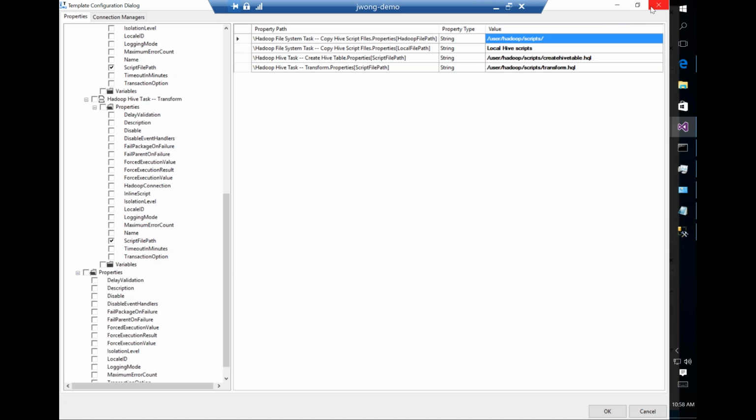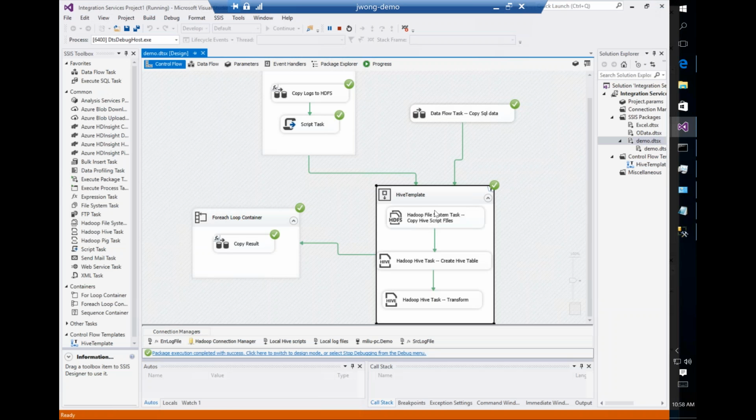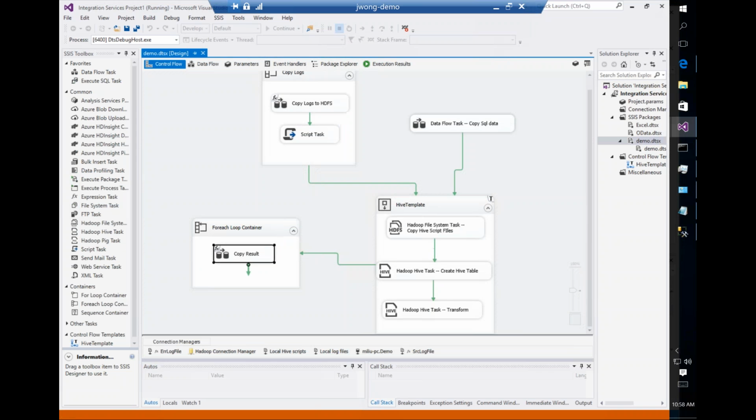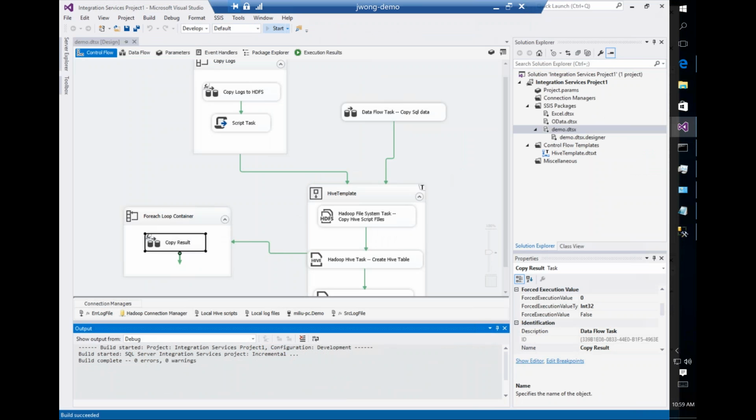So basically this Hive template that we created here works like this: first you tell me where I get the Hive script, because different packages can run different Hive scripts. So tell me where it is. I will grab it, and then I will trigger the Hive script to execute on Hadoop, and then I will do some transformation as well, and I will call another Hive script, and then that will generate the result and output back to here, from an HDFS source to an OLEDB destination. That's kind of what this package is doing. Okay, so let me kick off these things,